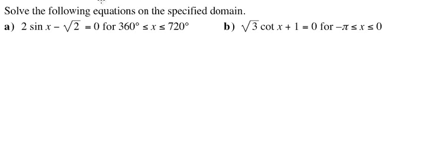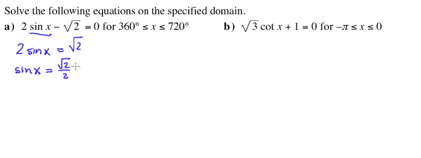Solving trig equations again, only now they're getting a little fancy with the domains, which doesn't really change anything for the first several steps. Our first procedure is still isolate the trig function. So if you have 2 sine x minus root 2, that means 2 sine x equals root 2. And then you divide by 2 and you get sine x equals